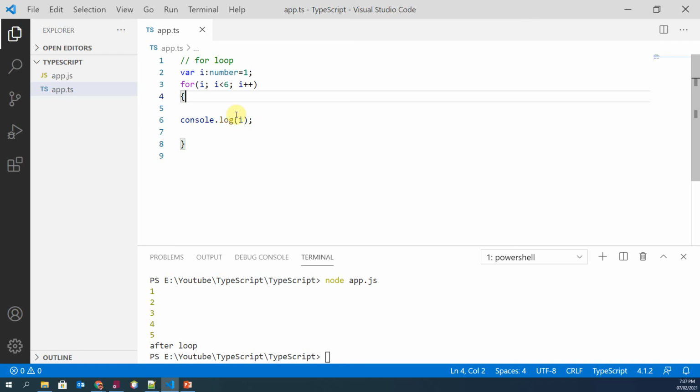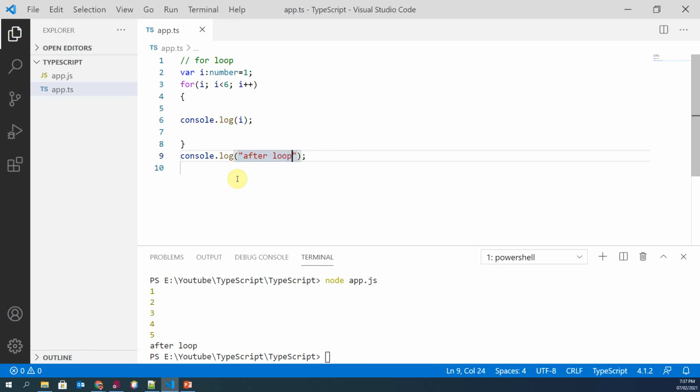Once the condition returns false, the statements in for loop do not execute, and the control gets transferred to the next statement in the program after this for loop. And after this for loop, we print another statement, and that is